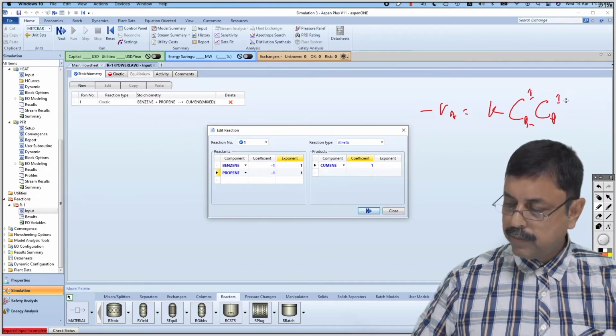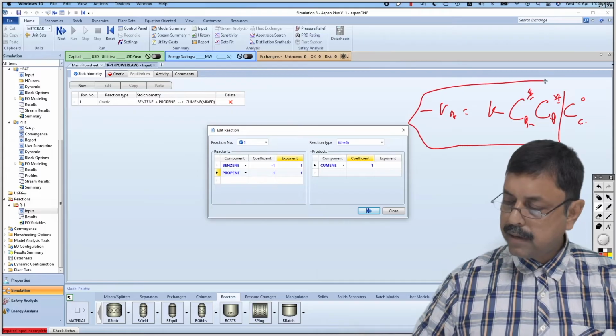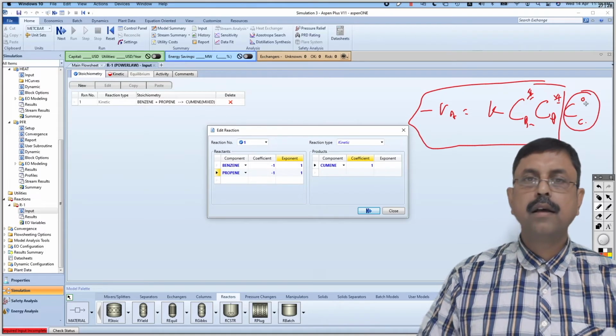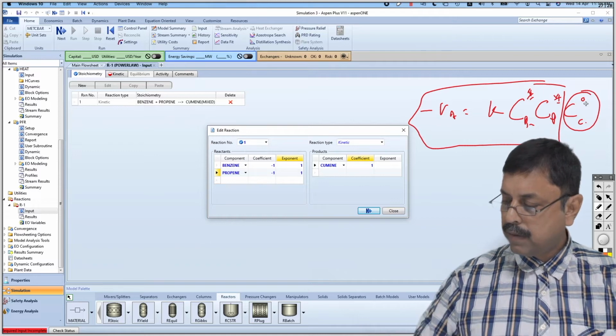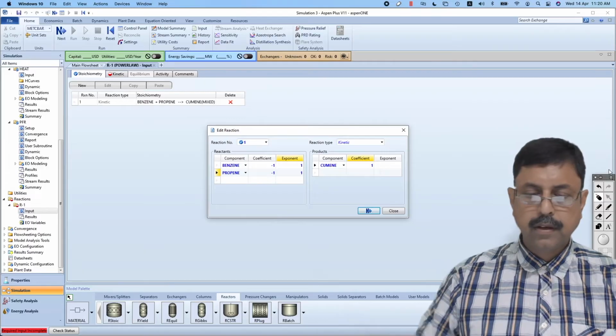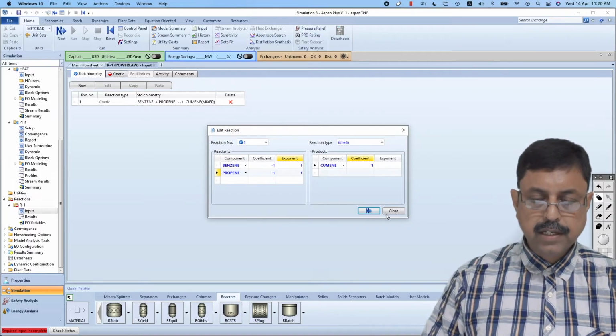It is 1 only, so we are not writing anything. But concentration of cumene is 0. That means this reaction rate does not depend upon the concentration of the product. So we do not write any exponent over there. Okay, so the first reaction is set,